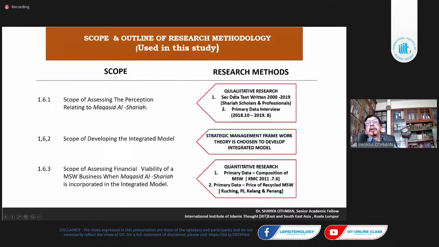Perception, qualitative research. Why do we do qualitative research? How do we do it? Data is text written in books, by scholars, professionals, and then primary data from interviews. This is qualitative. Scope, briefing, integrated model. This is the strategic framework, theory, chosen. Then there is availability: qualitative research based on most primary data, and then analysis. For example,